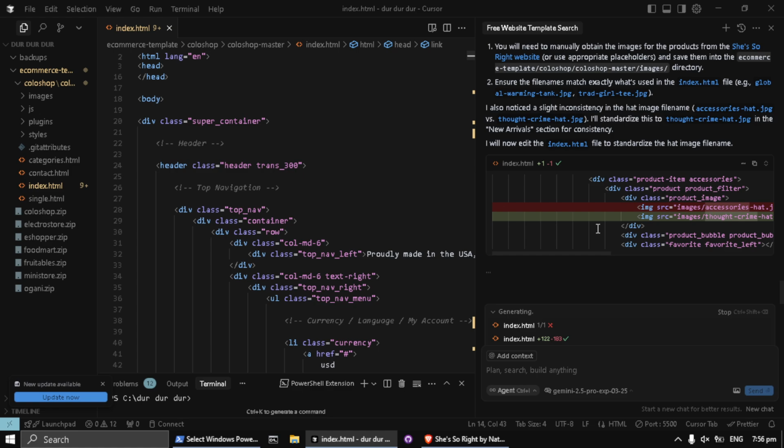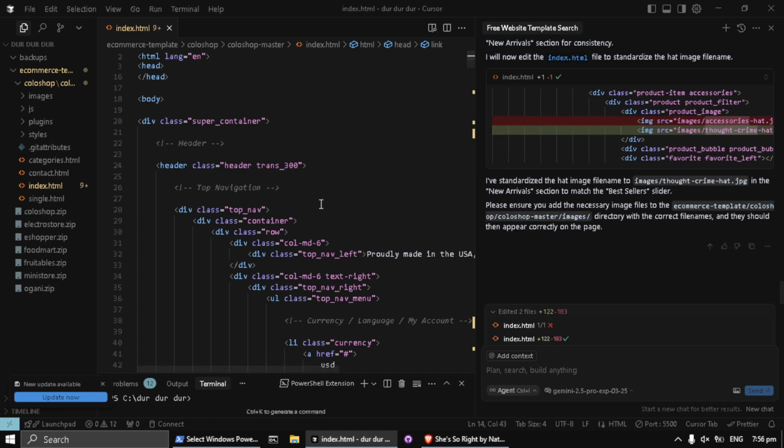So now we've got Google editing the file. I mean, how cool is that? You've literally got Google helping you with your web development directly, like editing code for you and suggesting code. I've standardized the hat image file name to images in the new arrivals and bestsellers. Please ensure you add the necessary image files to the e-commerce template, clothing images directory, and they should appear